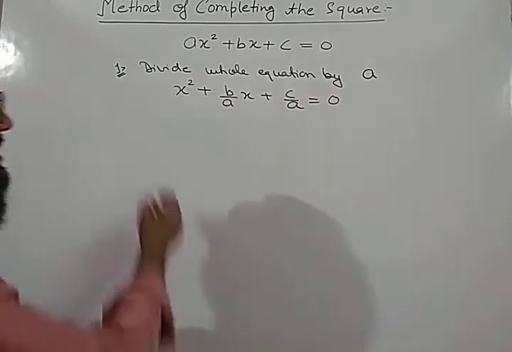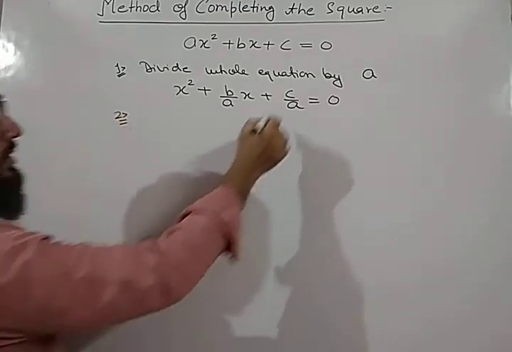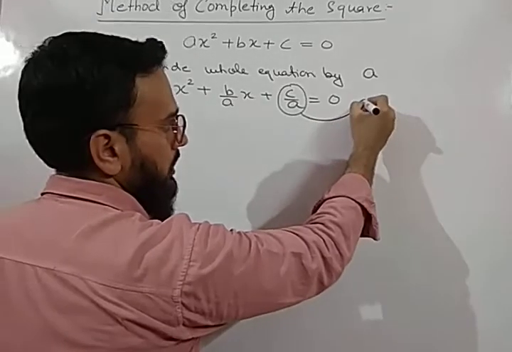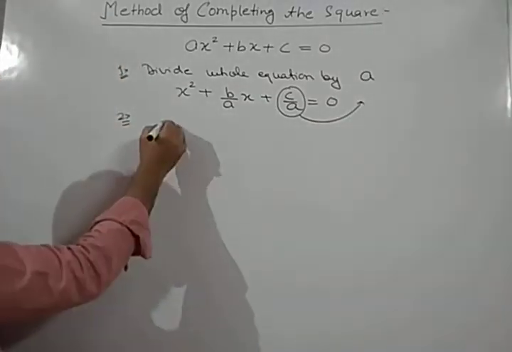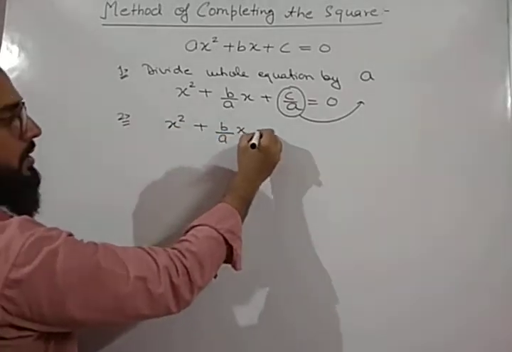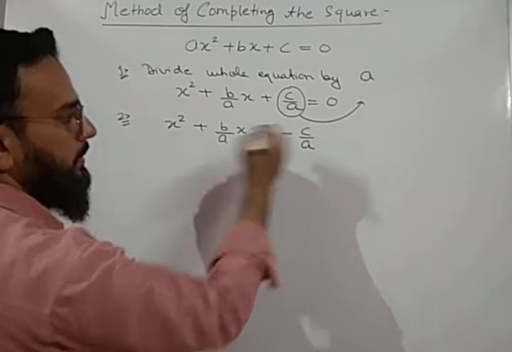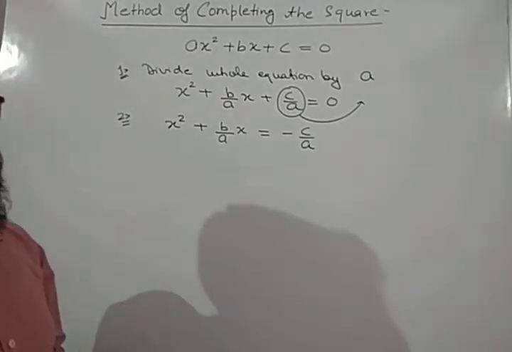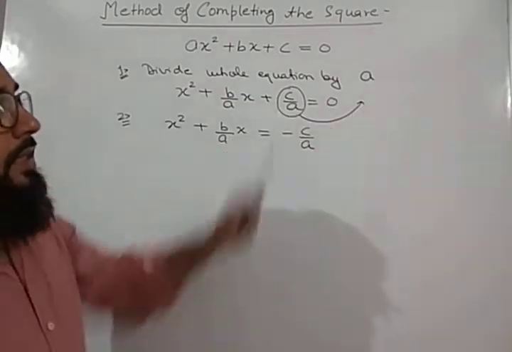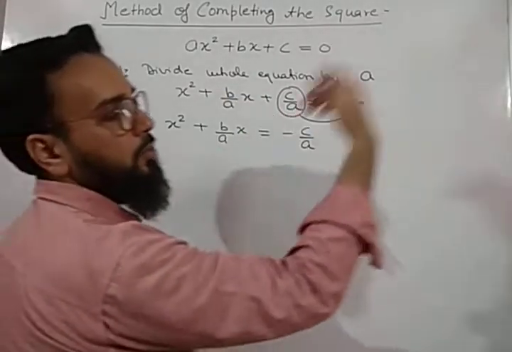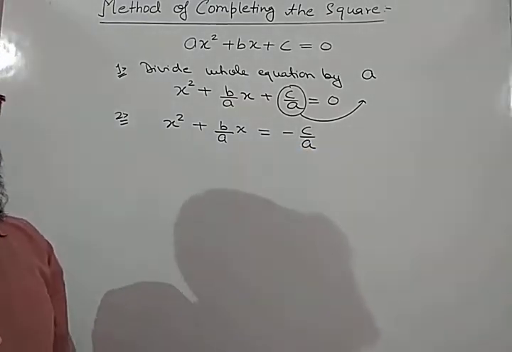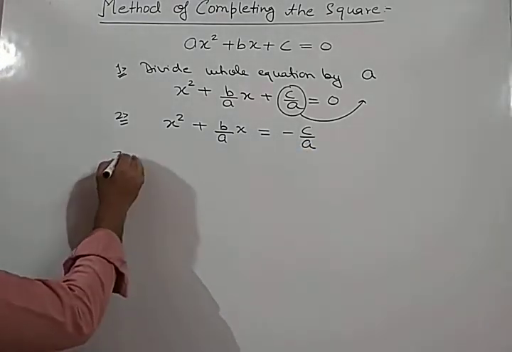Now the second step is to take this constant term to the right hand side. So we will get the equation x square plus b by a into x is equal to minus c by a. This will be our second step. First step, divide the whole equation by a. Then second step, take the constant term to the right hand side. It will be minus c by a, like this. Now the next step, third step,